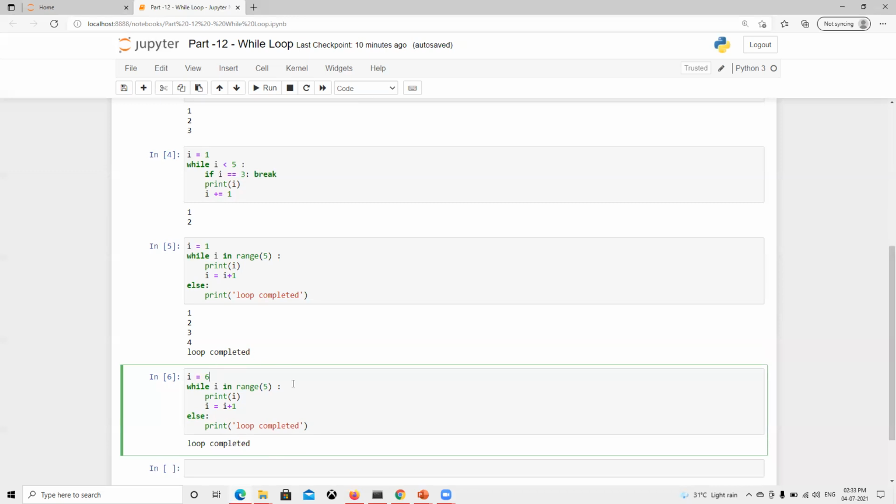So based on our need, we can use the else block whenever we need, and we can understand when to use it and when not to use it. But it's really a good feature that we have the else block. Sometimes for testing also we can get to know whether my loop is completely executing or not. So we can put one statement and check that out.